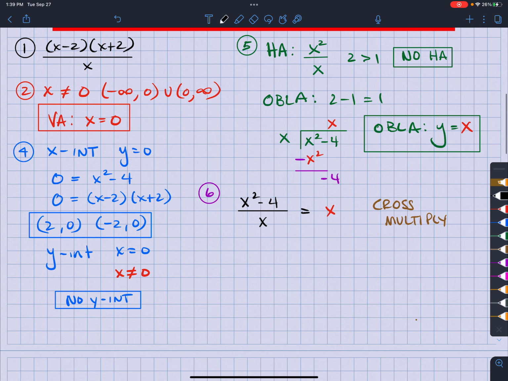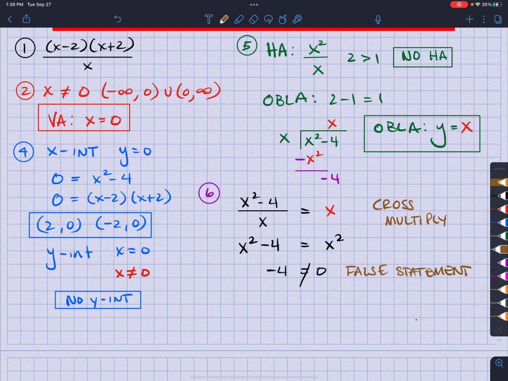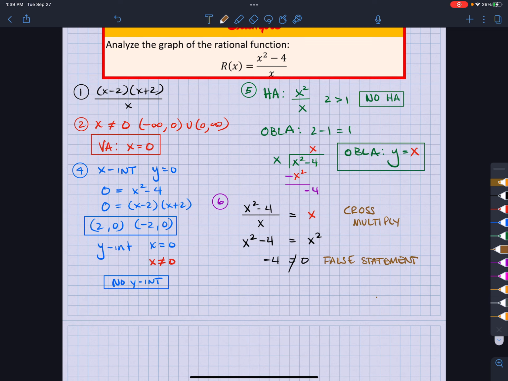So I have x squared minus 4 is equal to x squared. When I subtract the x squared, I get negative 4 is equal to 0, which doesn't make any sense. So this is what we call a false statement. That means it is not possible for this to occur, okay? So with that being said,